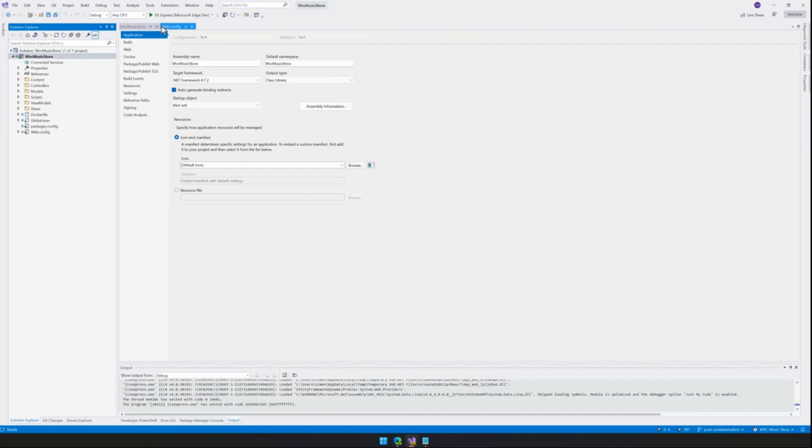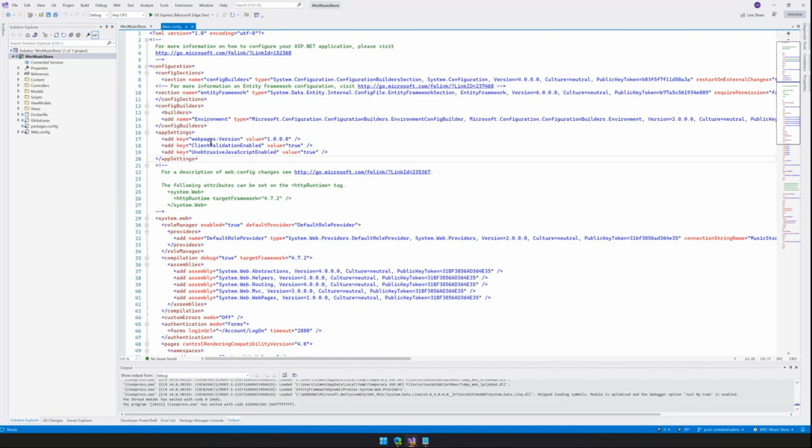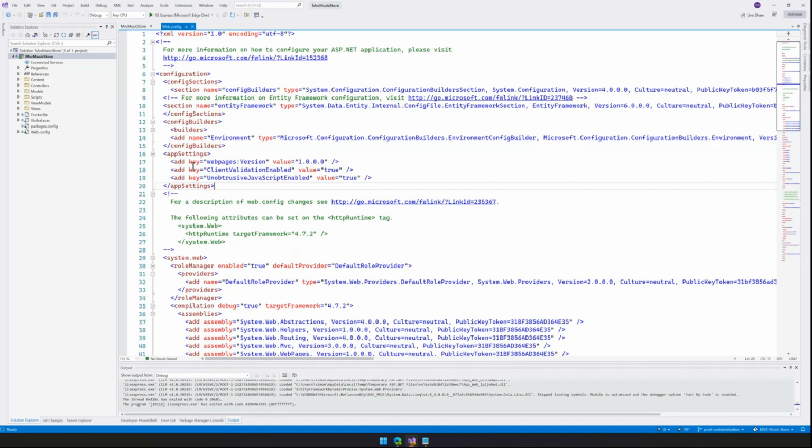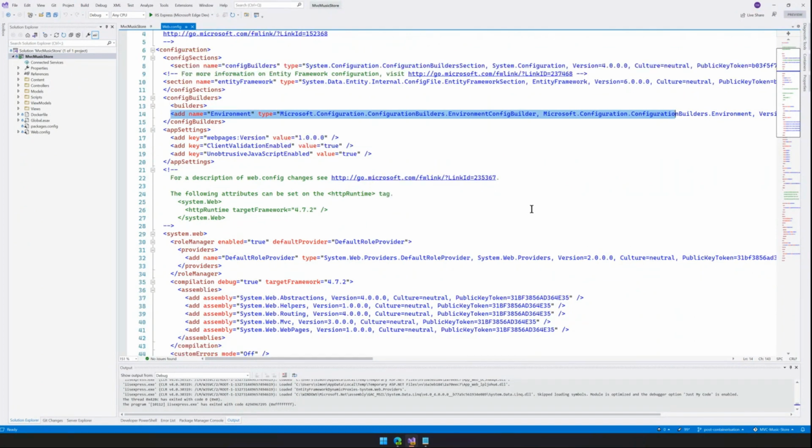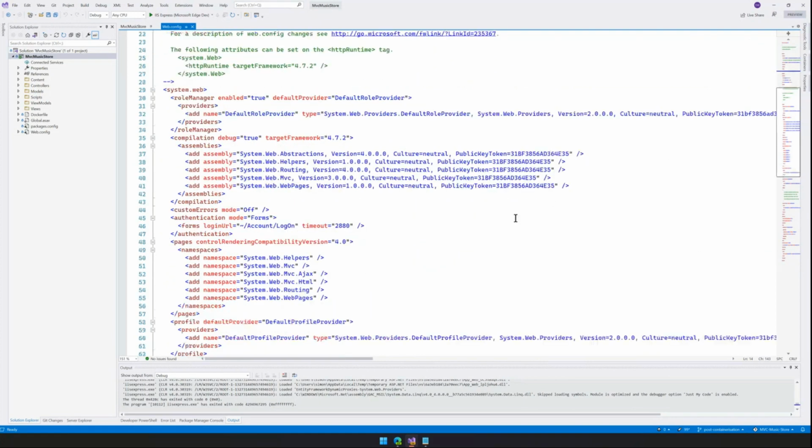Let me hop back over here. When you install the ConfigBuilders NuGet package, you get a new entry in the config section for config builders. What it does is say, okay, my builder in this particular section is the environment config builder, and I have a reference to the necessary assembly where that code lives. Then I can go through, and it doesn't apply to every single section in your web.config. It's only certain sections, but certain sections can support that config builder type.